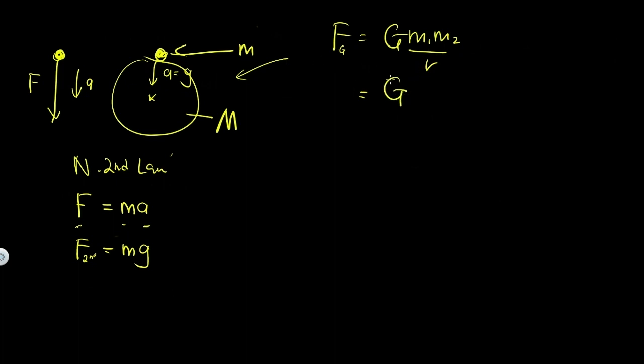The value of gravitational force here is equal to G, M1 is the mass for the first object. So let's make our Earth the first object, so M. And then M2 is the mass for the second object, so the second object's mass is equal to m, divided by R. R here is the distance between the center of the first object and the center of the